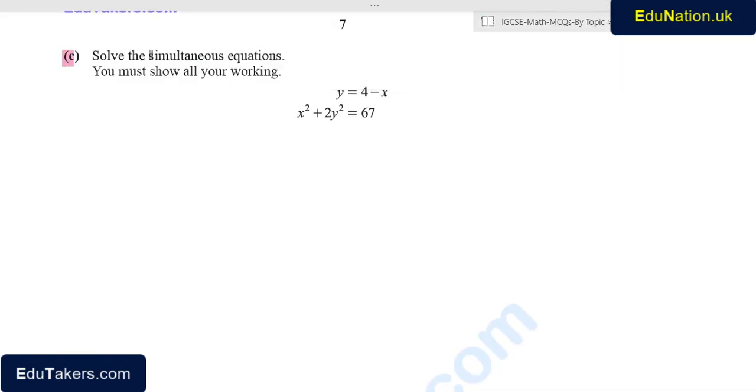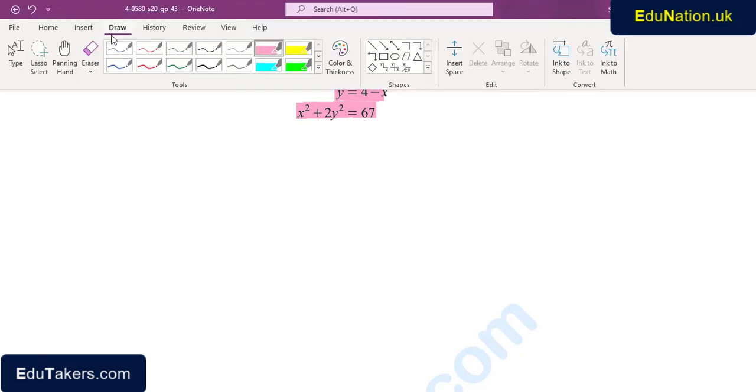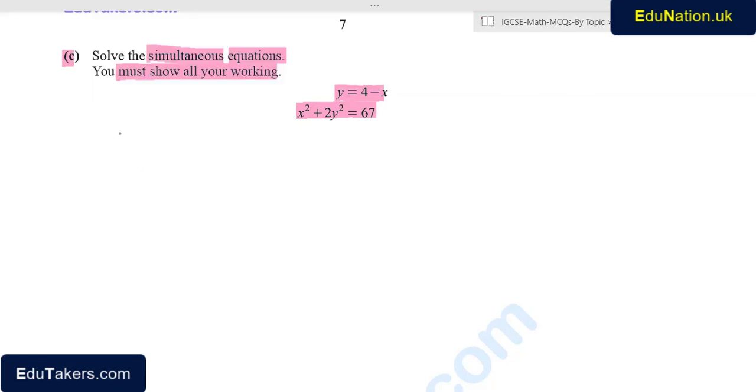Part C. Solve these simultaneous equations. You must show all your working. y is equal to 4 minus x and x square plus 2y square equals 67. Let's say this is equation A and this is equation B. Now using equation A in equation B, this will be x square plus 2 into (y is 4 minus x),